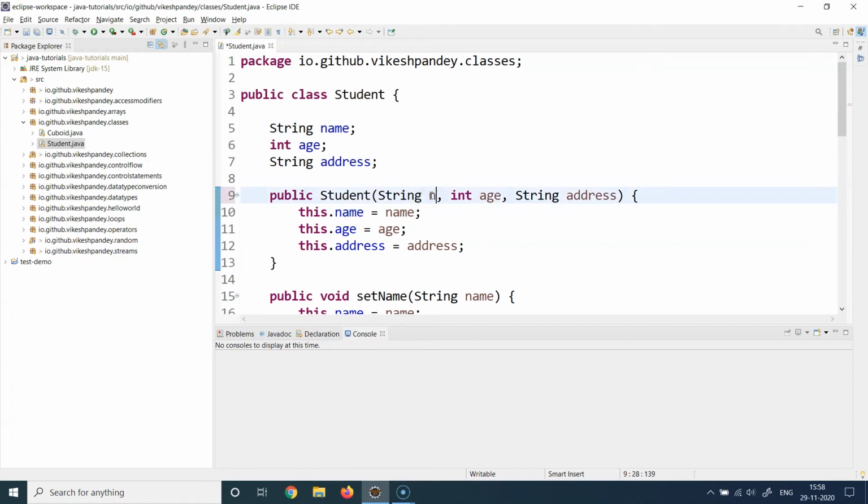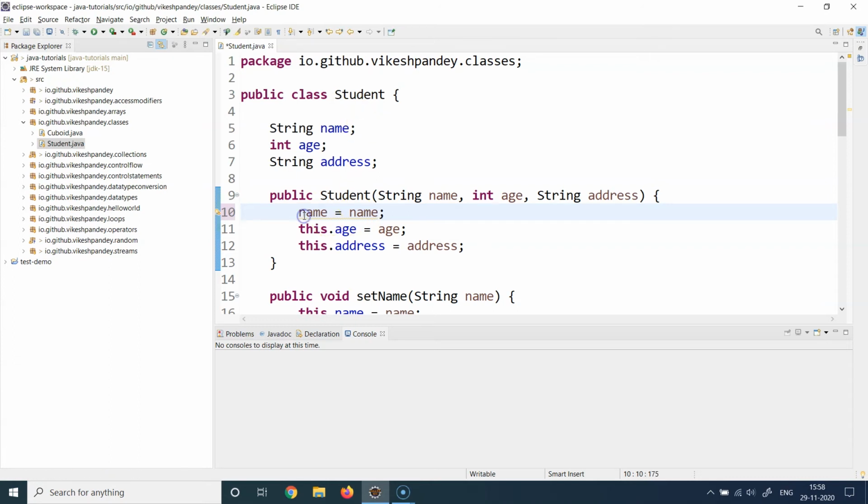If I just use n here, then this is fine because there's only a single name variable in this whole class. But if I write it like this, then Java doesn't know whether this name is the Student class's name or the argument's name. It will get confused, like you are getting confused trying to find this in the mind mapping.